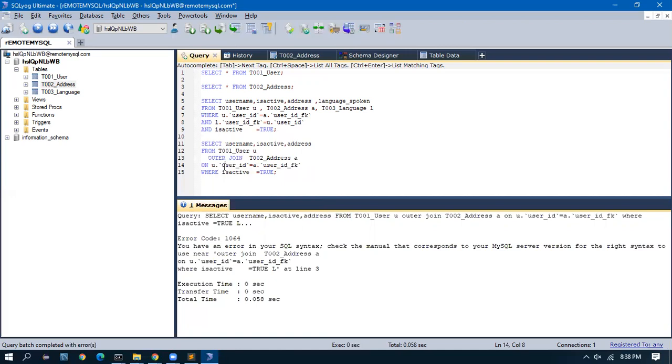In Oracle DB, we have something as plus. We give it like this. If you give plus, it means outer join. So depending on the database you are using, this will be changing. So you can refer to the documentation.